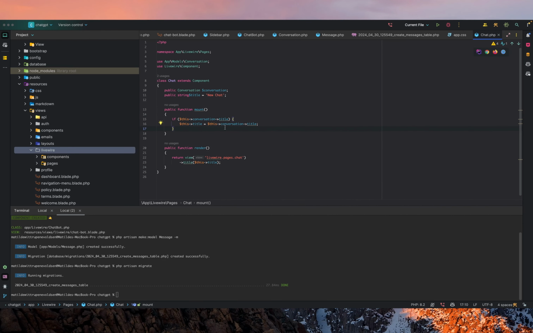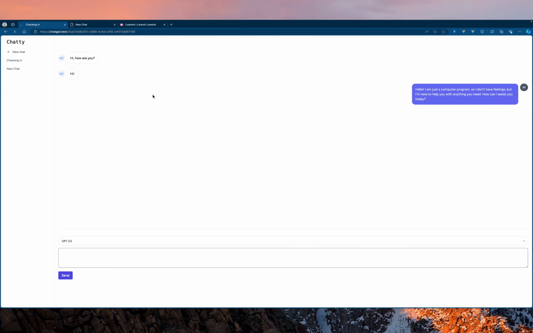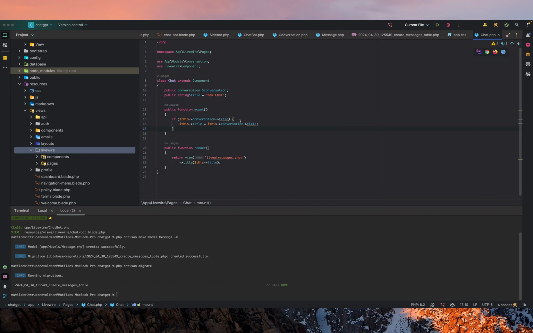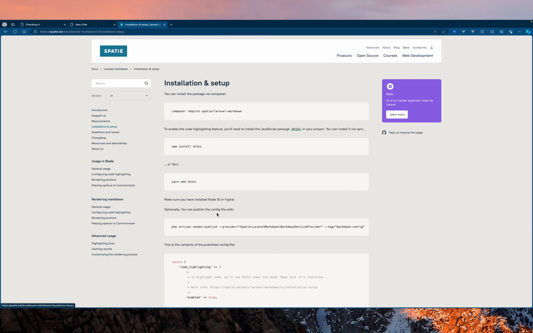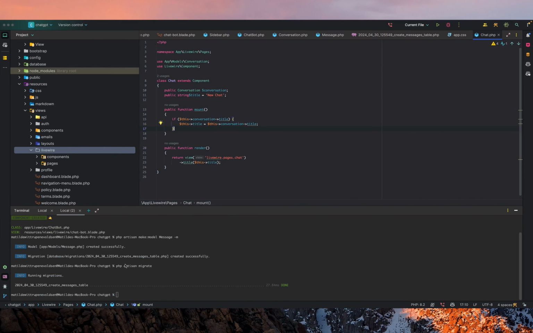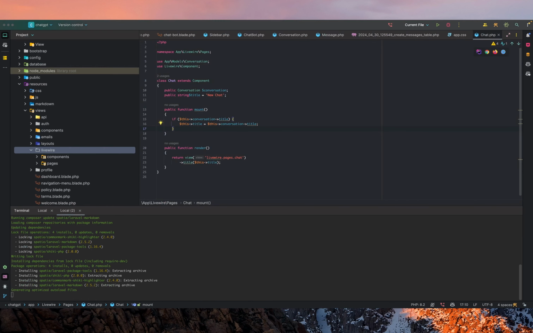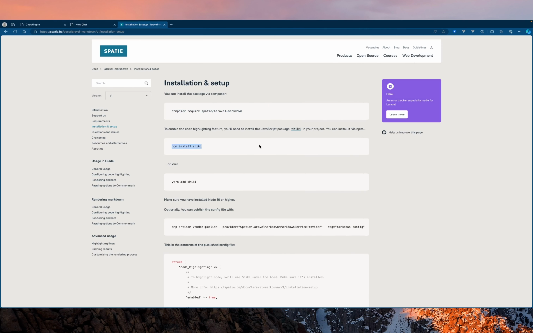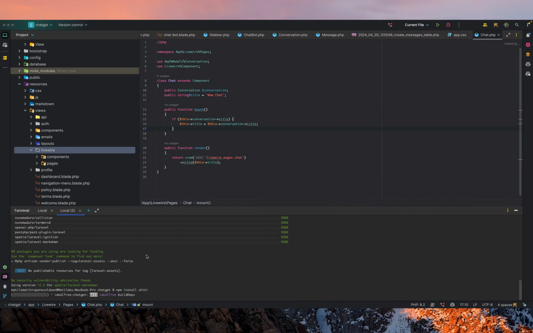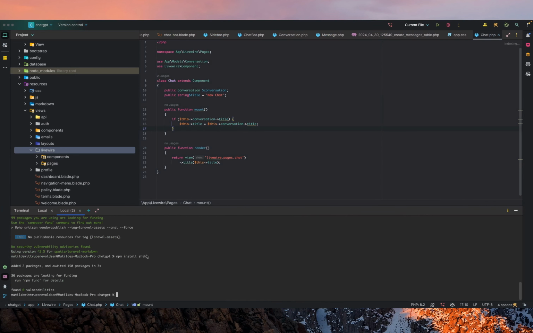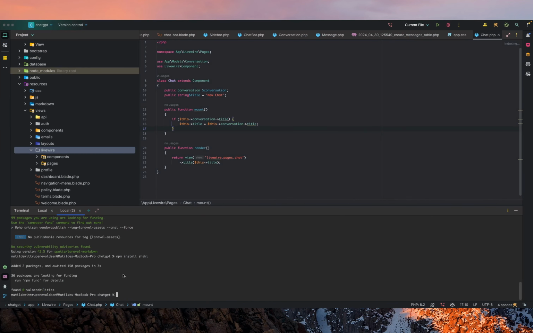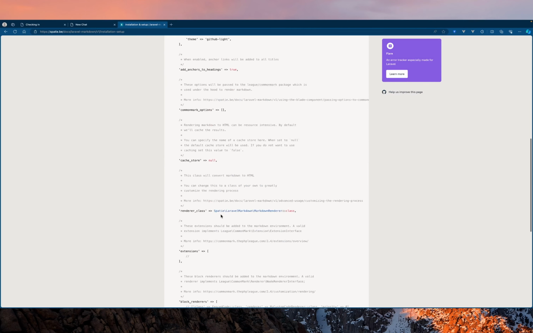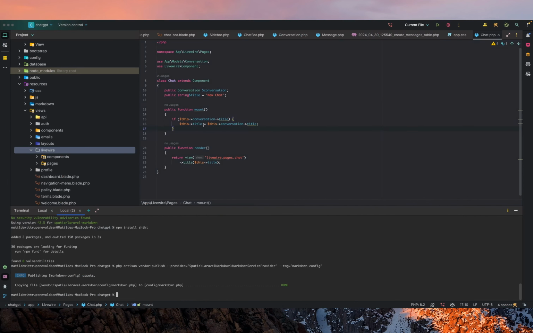So with the title set, let's go ahead and see if we can actually go in slowly and start working on formatting the PHP code that ChatGPT may be generating to us. Use the Laravel Markdown tool here, where we can go ahead and compose require it. And what we need to do after having required it, we just need to install the code highlighter that you recommend using. So let's go ahead and install that. Then let's make sure we also publish the vendor file here. And let's make sure that we also go down into our chatbot